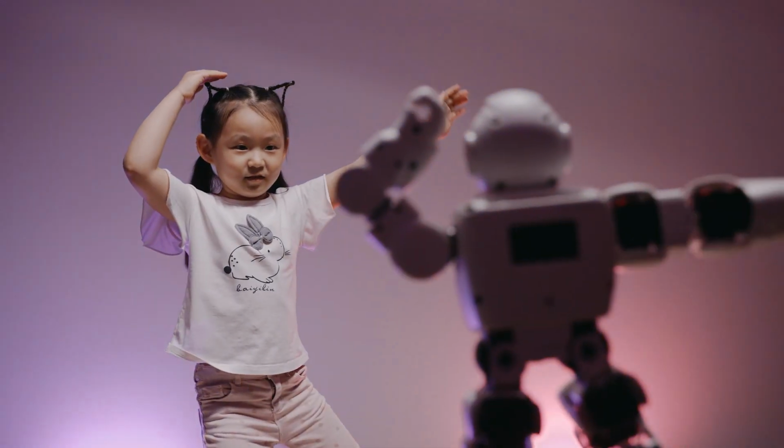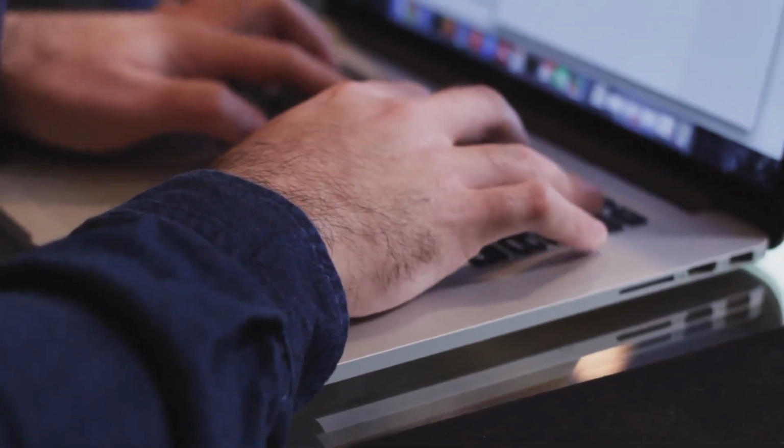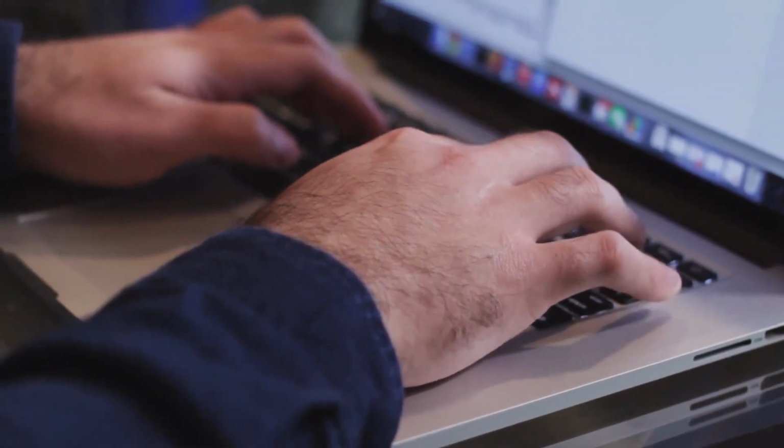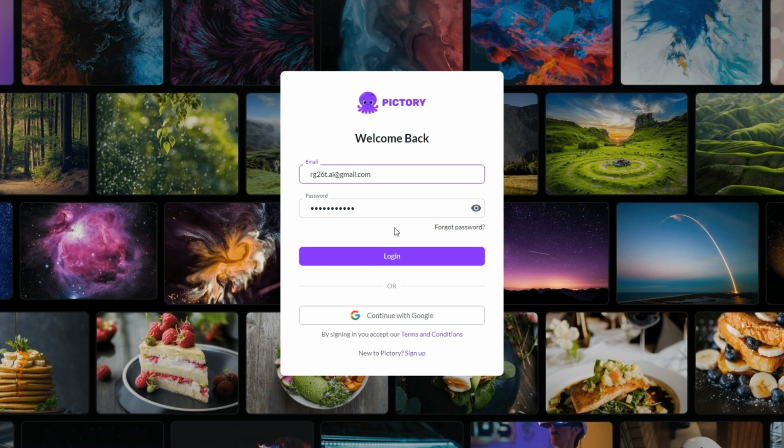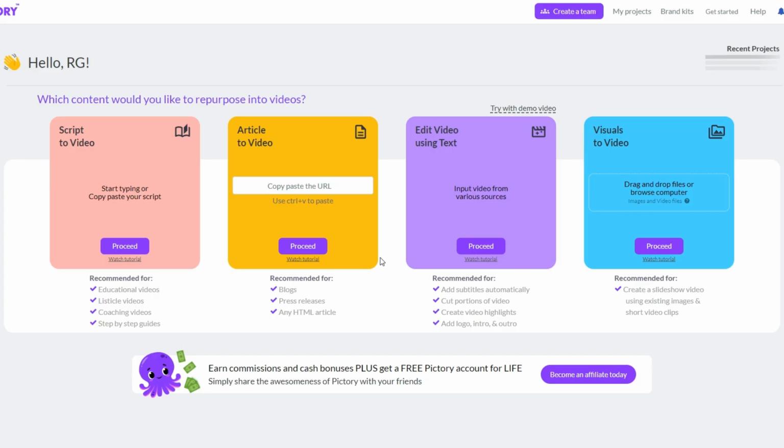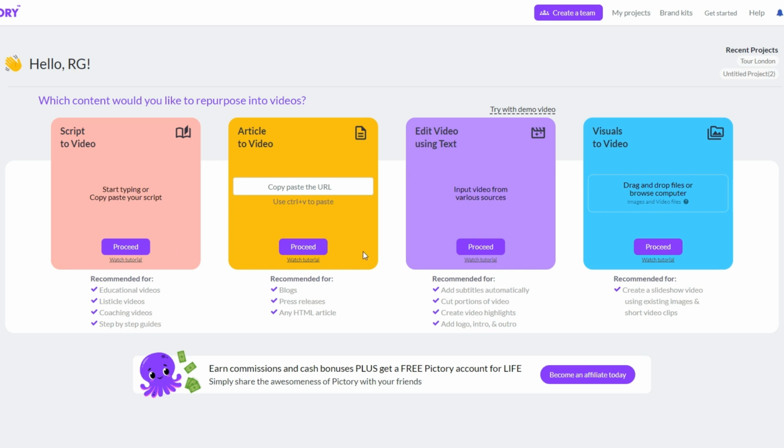In this video, we will show you Pictory AI, an AI tool that uses advanced algorithms to turn your ideas into stunning visuals. First, let's go to Pictory AI's website as you can see on my screen. Sign into your account. Once you're logged in, you'll be directed to the dashboard where you can initiate your creative journey. Now, identify the type of visual content you want to create, whether it's a social media post, presentation slide,